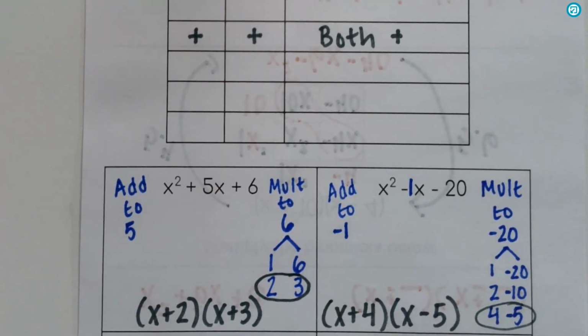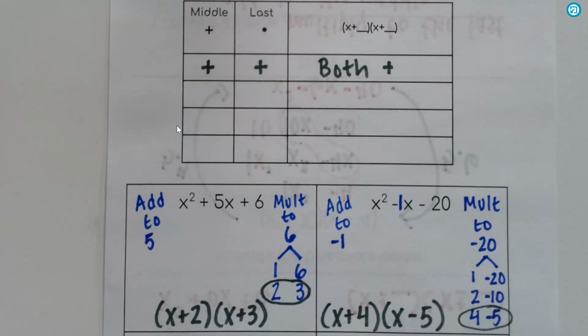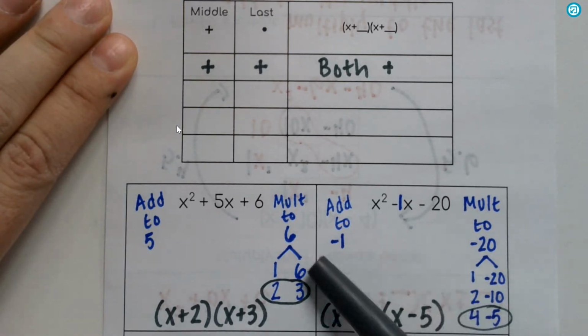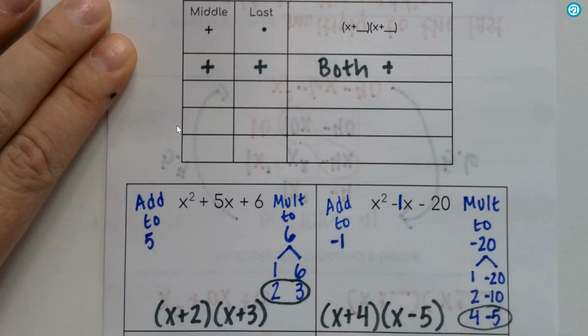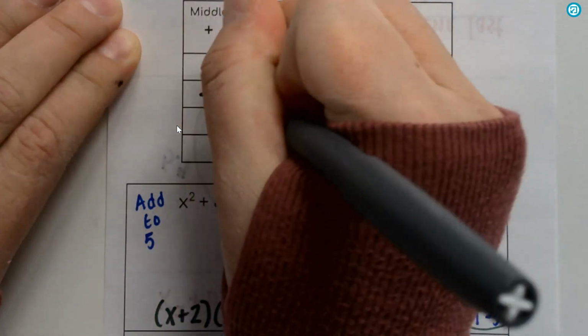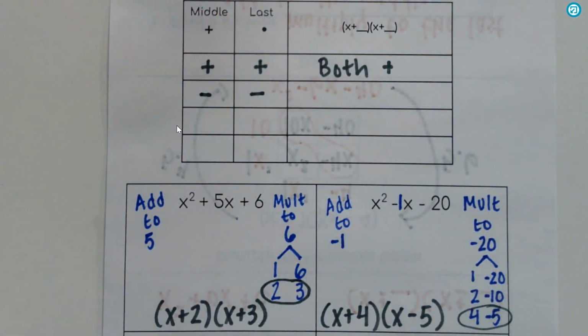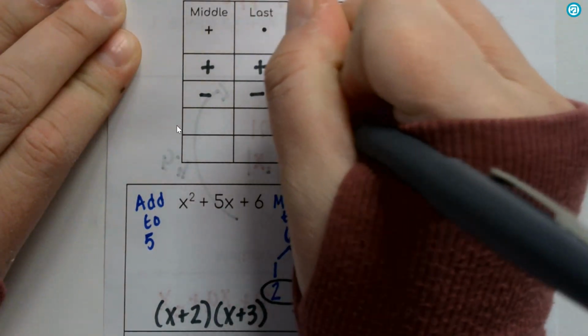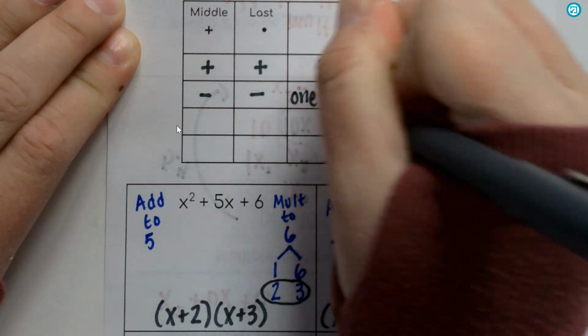Alright, so now that we have one more example done, let's fill out one more row in the table. If the number I need to add to be my middle number is negative, and the number I need to multiply to be is negative, so negative and negative, the only way to multiply to a negative is with one positive, one negative. So I'm going to write down that I need one positive and one negative,